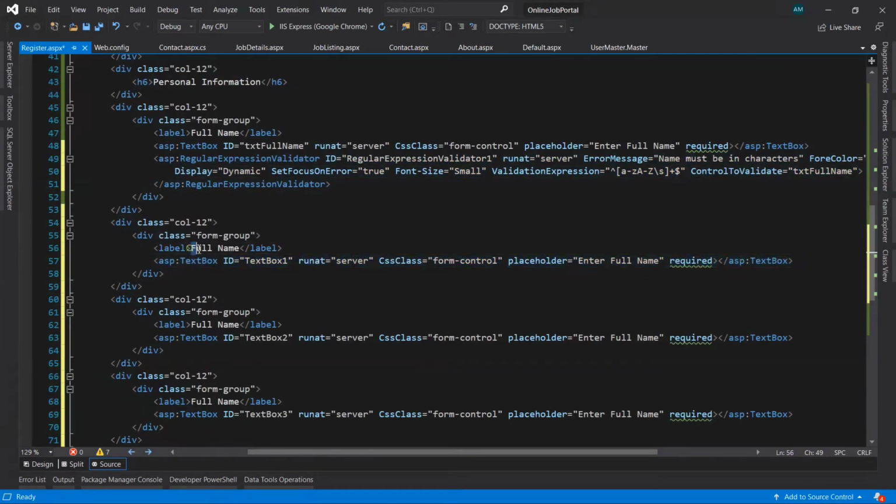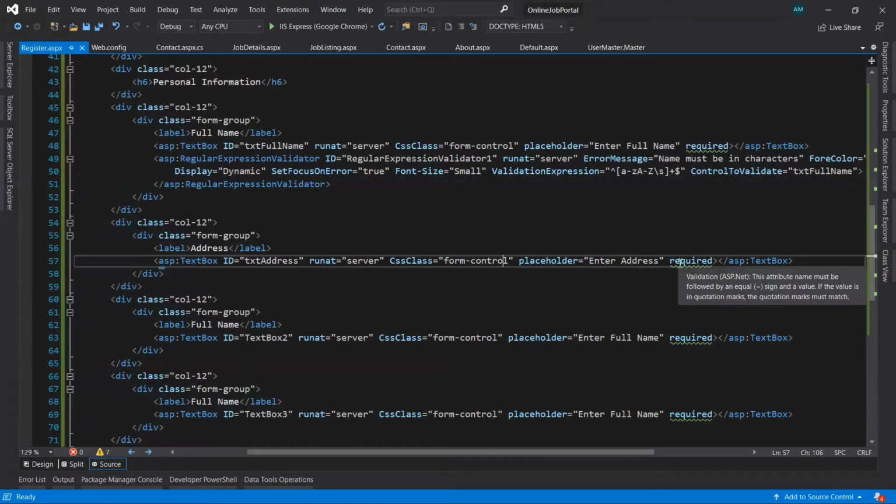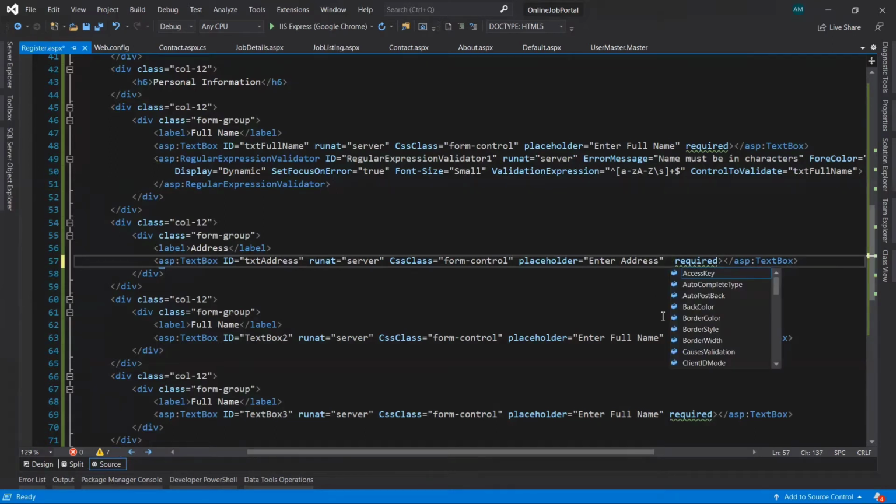Now let's take the address. Id, placeholder. This is the address text box, so we are going to use here text mode equals to multi-line.